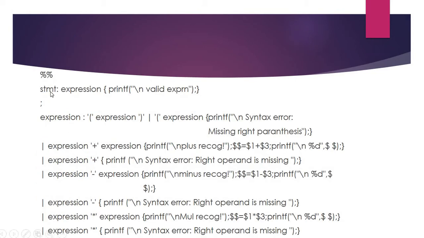Then in the rule part, we'll be writing the grammar. The grammar consists of many production rules. After writing each and every production rule, we need to terminate each production rule of the grammar by a semicolon. So here, statement produces expression. That's the first production rule, terminated with a semicolon. If it is valid, then we are going to just print that it's a valid expression. Usually in theory we write the production as an arrow mark, so instead of the arrow mark, in the Yacc program we are going to write a colon here.